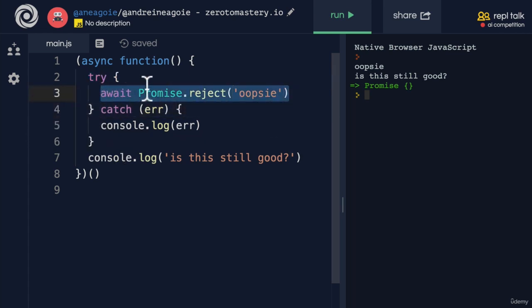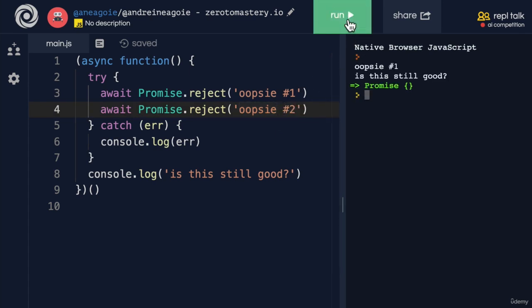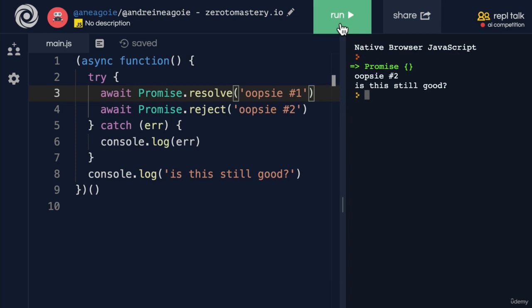If we had, let's say, another promise that rejects with oopsie number 1 and oopsie number 2. And if I click run, well, as soon as one of them errors, remember, we just go to the catch block. If I have a resolved promise and I run this, well, we see that oopsie number 2 gets caught